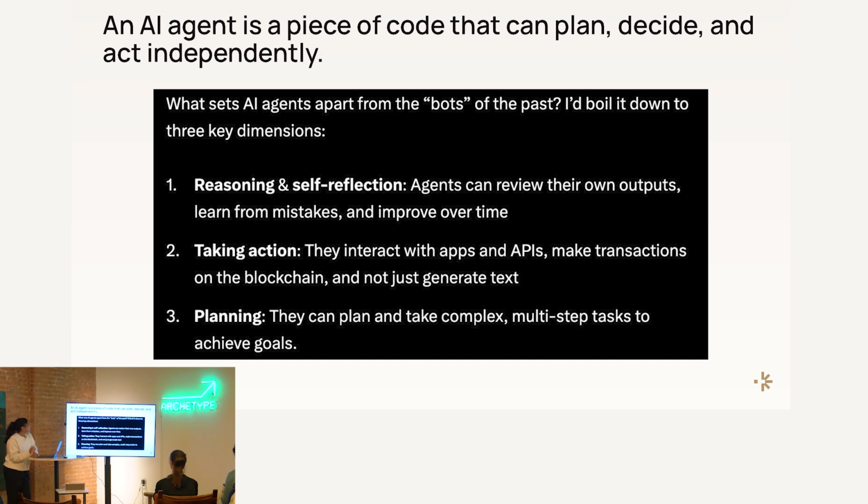An AI agent is a piece of code that can plan, decide, and act independently. But what makes it different from bots, right? There's three main components: reasoning and self-reflection, taking action, and planning. And that's actually really important because the taking action part can happen with both AI agents and with bots, because